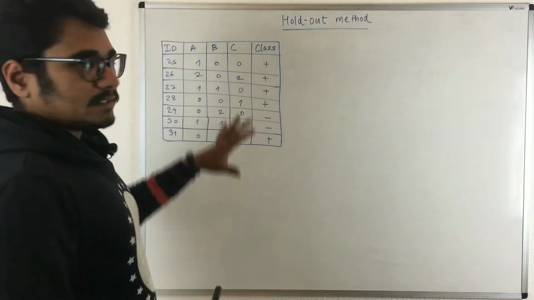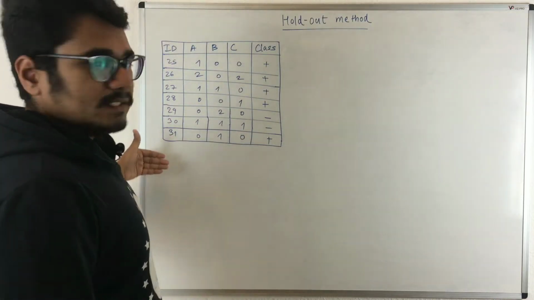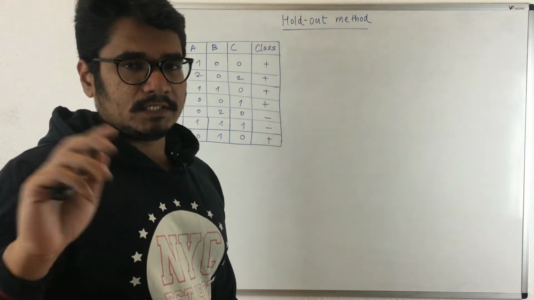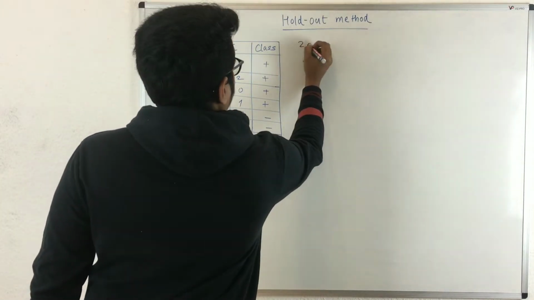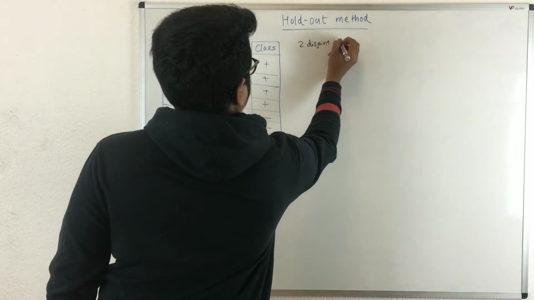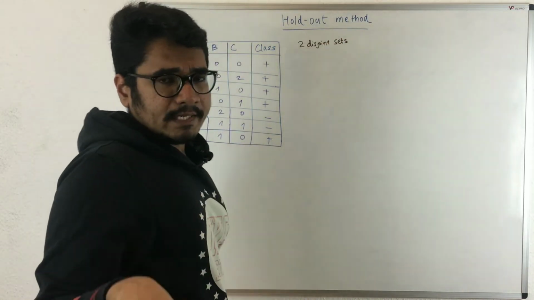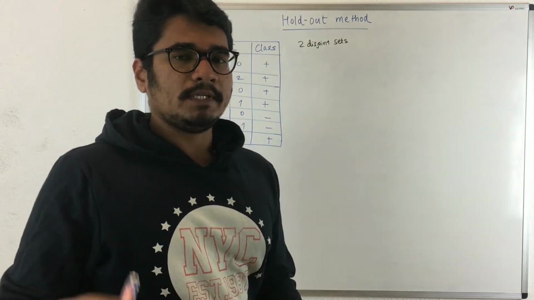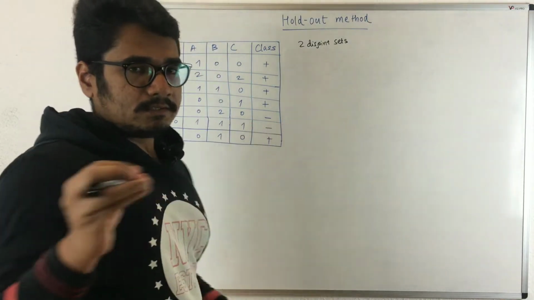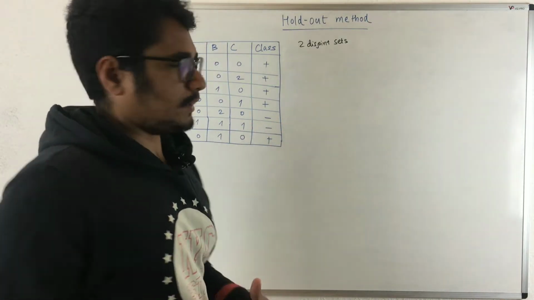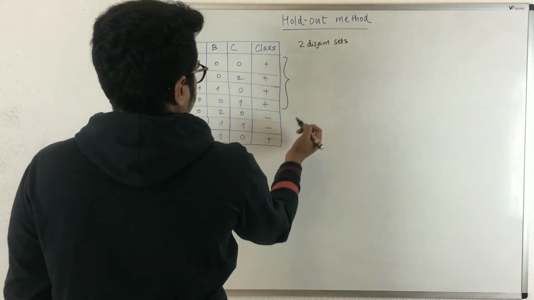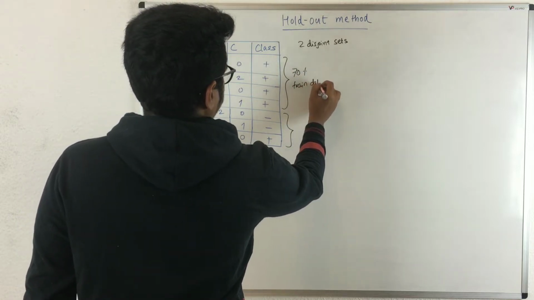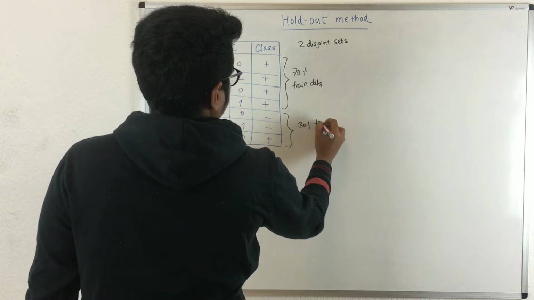So this is the data set that we have. It has these many instances. Now what the holdout method basically does is it divides it into two disjoint sets, our training data as well as test data. The proportion of data, or the data reservation, is solely based upon the data analyst's discretion. So say let us consider this portion and this portion. This is 70% to training data, and let this 30% go to test data.